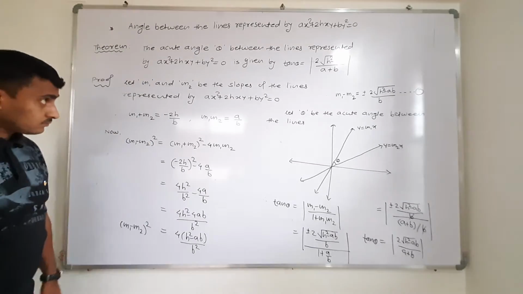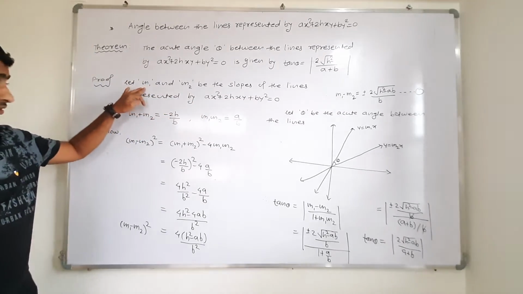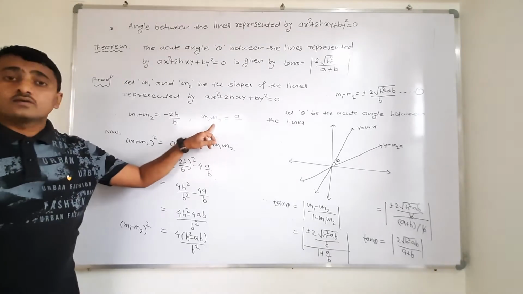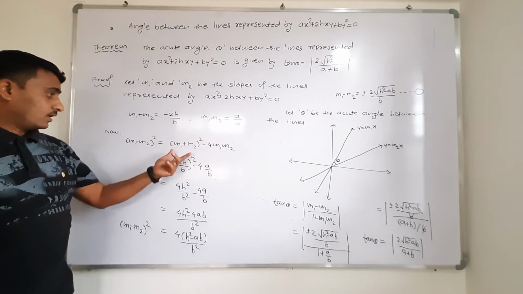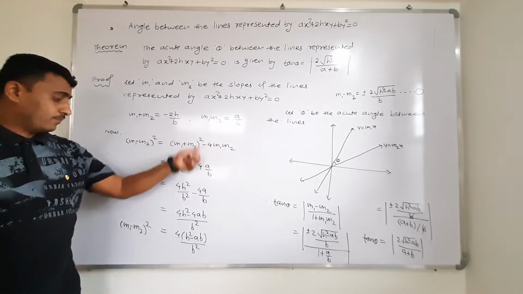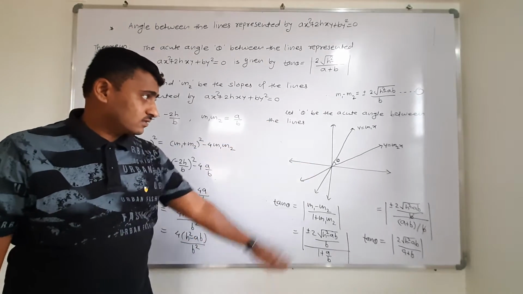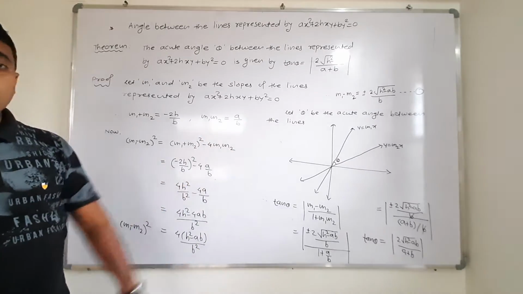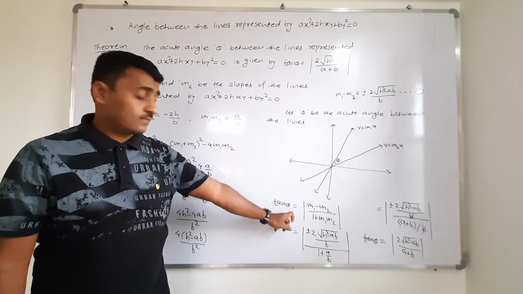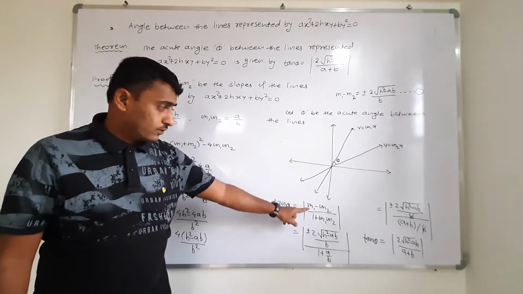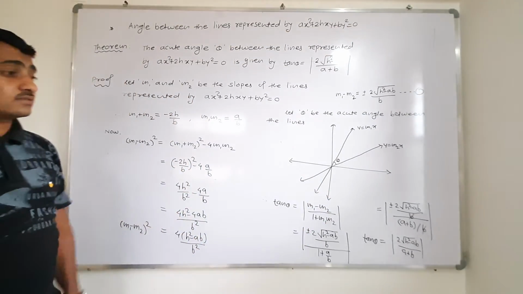This is the theorem. तर थेरमचं प्रूफ कसं लिहायचं आहे, त्याच्यामध्ये असणाऱ्या दोन लाईनचं स्लोप m1 m2 सपोज करायचा. सम ऑफ द स्लोप्स फॉर्म्युला नोन आहे. Product of the slopes m1 m2. Consider this part m1 minus m2 square, m1 plus m2 square minus 4 times m1 m2. Simplify this, we get m1 minus m2. Now suppose theta is the acute angle between the lines y is equal to m1x, y is equal to m2x. Of course lines pass through origin. Tan theta is equal to, this is the formula for finding angle between any two lines. Now substitute m1 minus m2 and m1 m2. Simplify, we get the answer. This is the theorem.